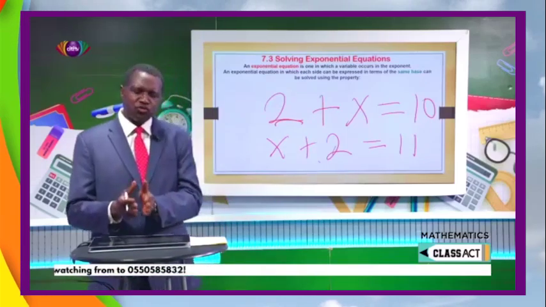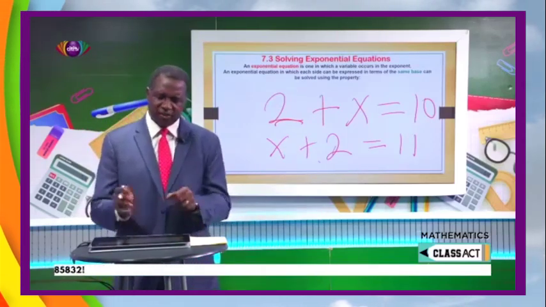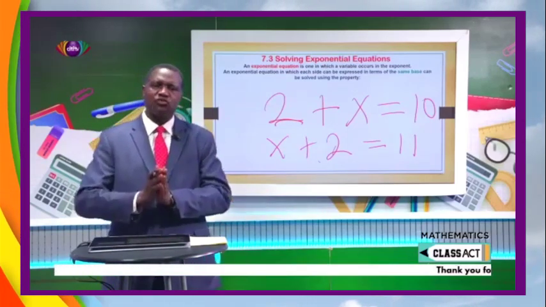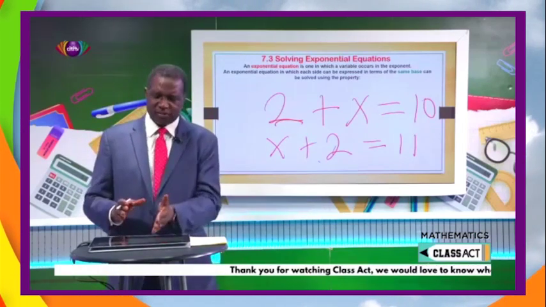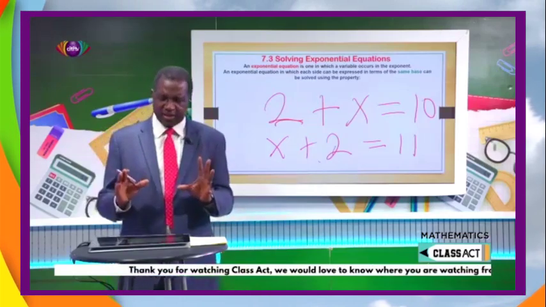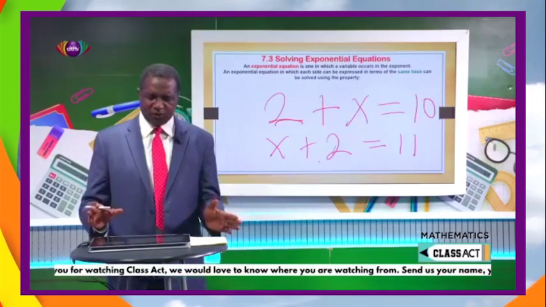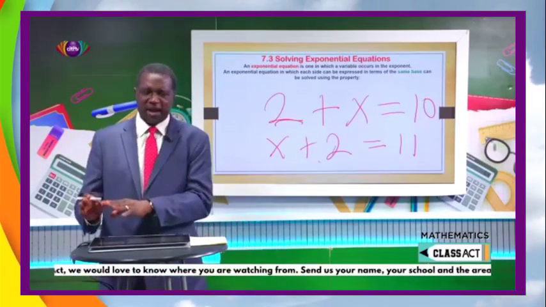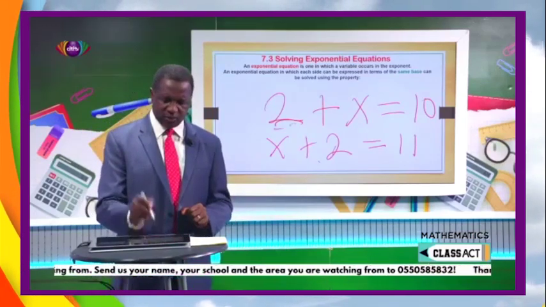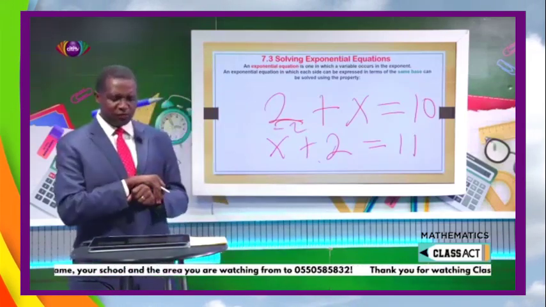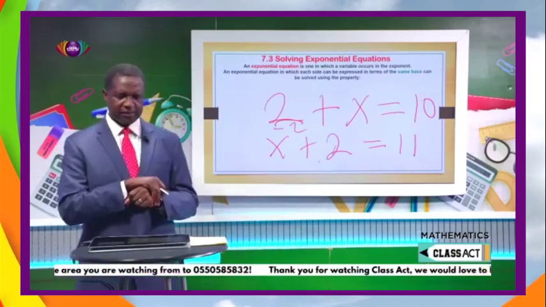So I'm going to take 2 away on our first equation. I'm going to take the 2 away from x. When I take 2 away from x, of course, the plus sign in between has disappeared, right? So I take 2 away from there, I'll get x to stand by itself. So when I do that, I take 2 away from 2. If I take 2 away from 2, what happens?